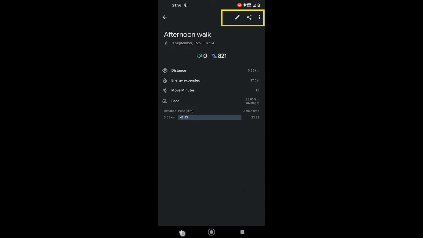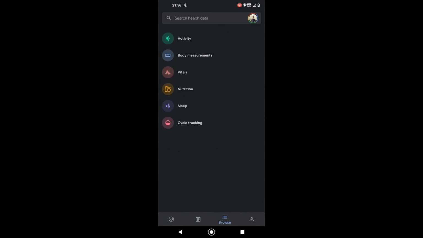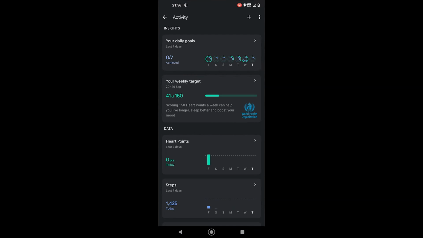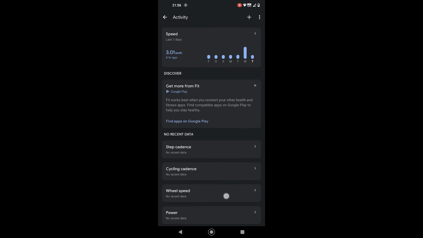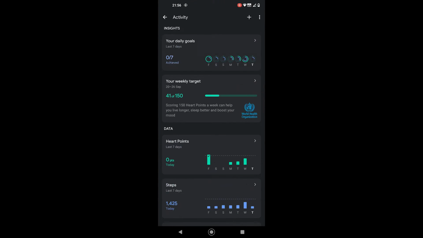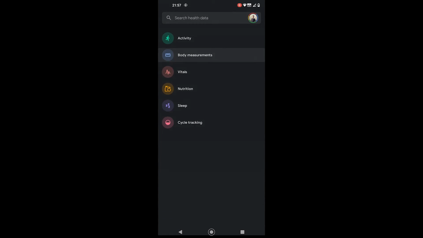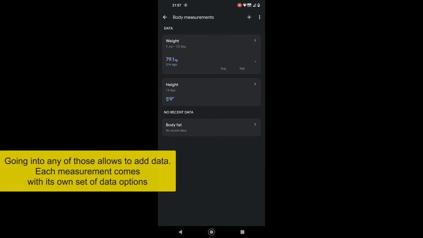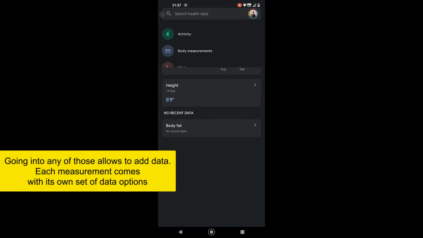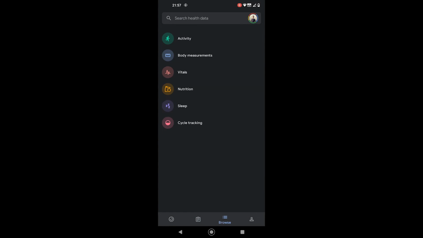The third section is new, and here you can see the categorized options. Tapping on this first option goes to the activity interface, where you can see all the activities. The second option shows your height, weight and body fat data. It's good to keep track if you want to focus on reducing or maintaining your body fat.